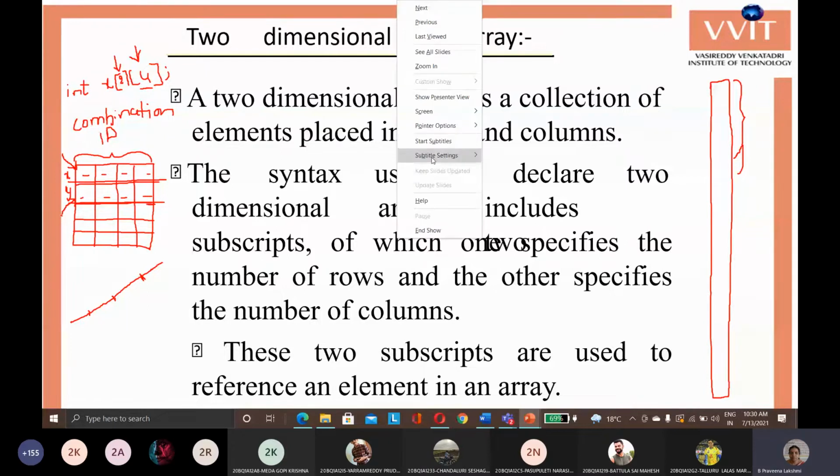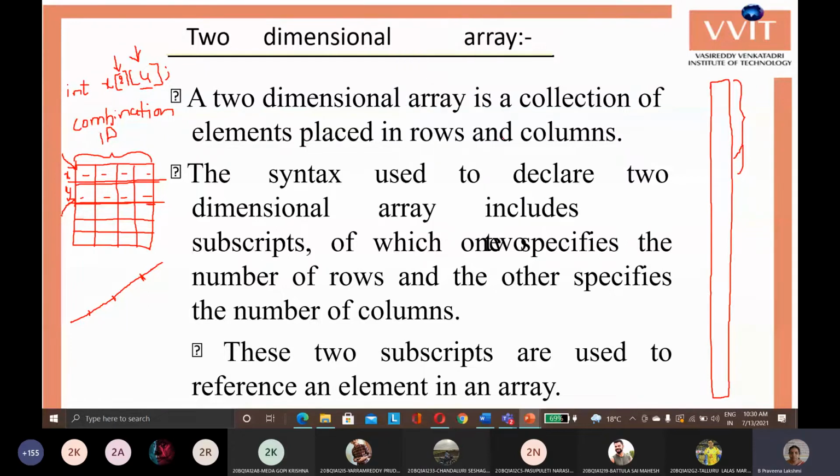So we will assume that this is a strip of memory. There is a first location, second location, third location, fourth, fifth, like that we have a number of locations. Whenever a two-dimensional array is created, first it requires two locations for the two integer values.